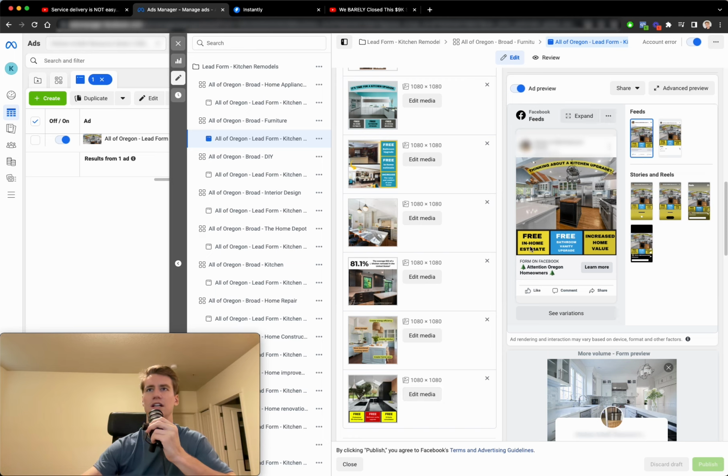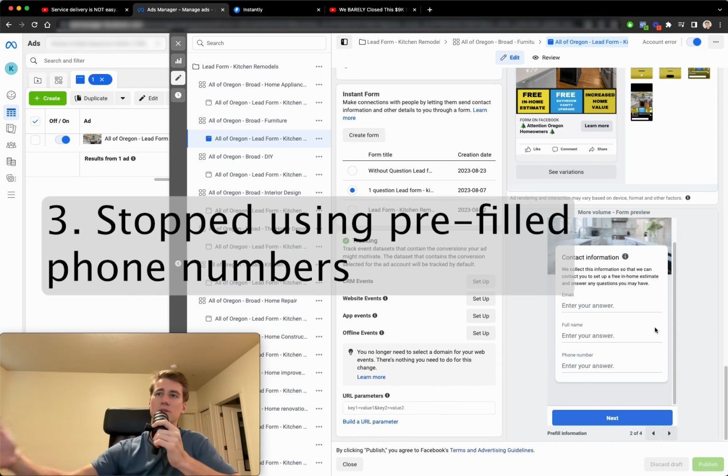They have kind of like offer stacking with the different things about the offer and why they would want to go with us, and then just a picture of a nice kitchen. So those are some of the things that I did to improve my ad creatives. And the third and final thing that I did that I think helped me a lot is to stop using